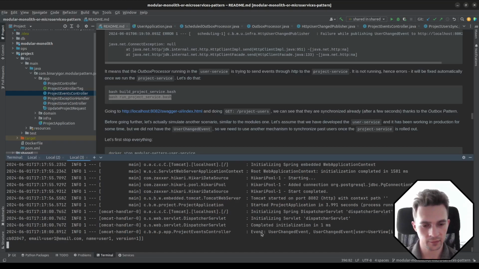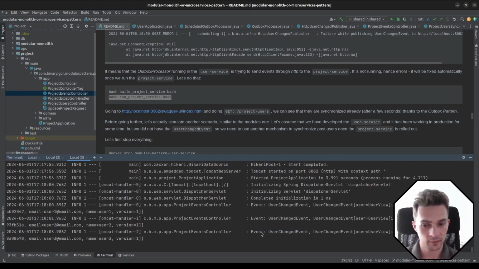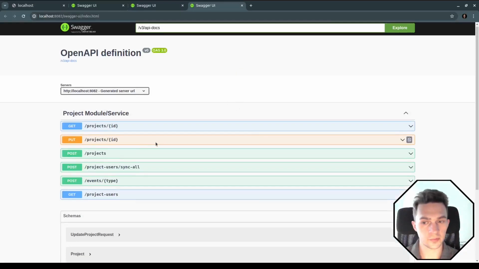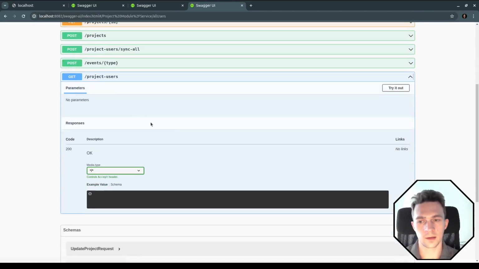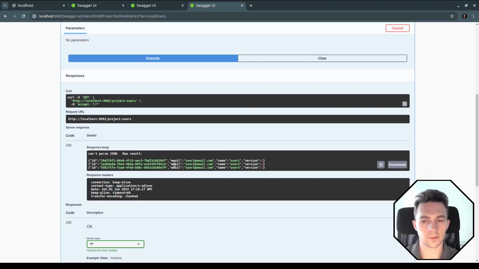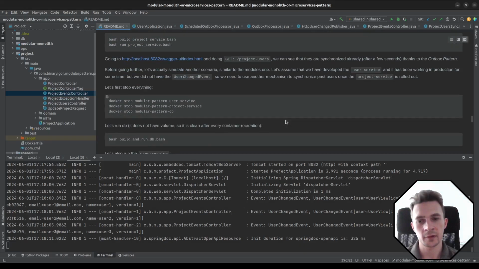Wait a few seconds. Yeah, this one, the next one, and the third one. So if you go here right now, we have Swagger for the project module. If we get project users, we have users. So to recreate this problem,